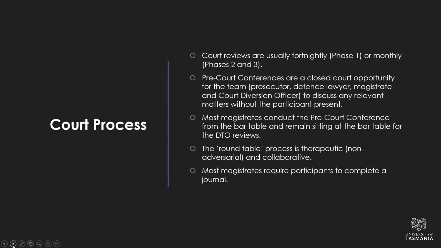So bringing it back to what you're probably the most interested in out of all of this, how does the court then work? So the court reviews are usually fortnightly. So again, a little bit different. So generally speaking, you have the court case, you might have the committal hearing, then you have the case, the trial that goes underway. Once there's a finding of guilt, then there might be a sentencing as well that is separate to the trial. This all takes time, but you're not going to be spending your time on a fortnightly basis going to the court